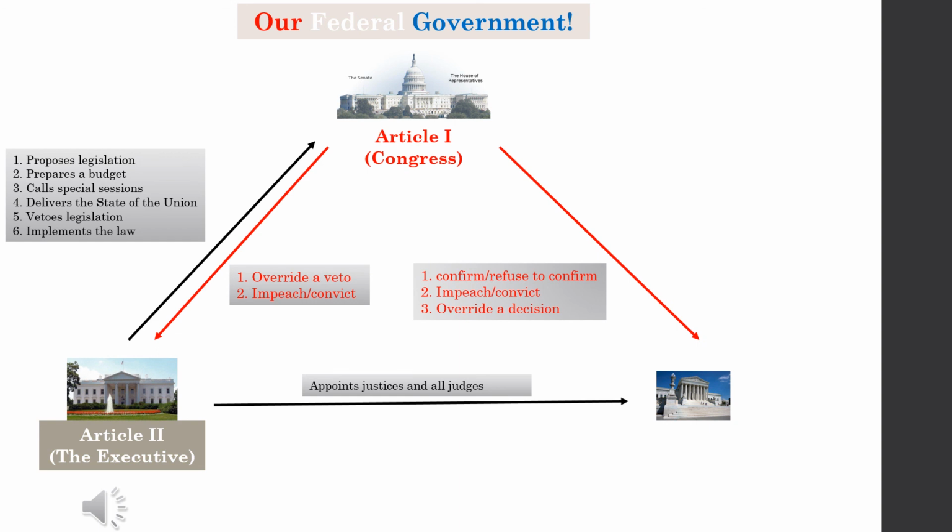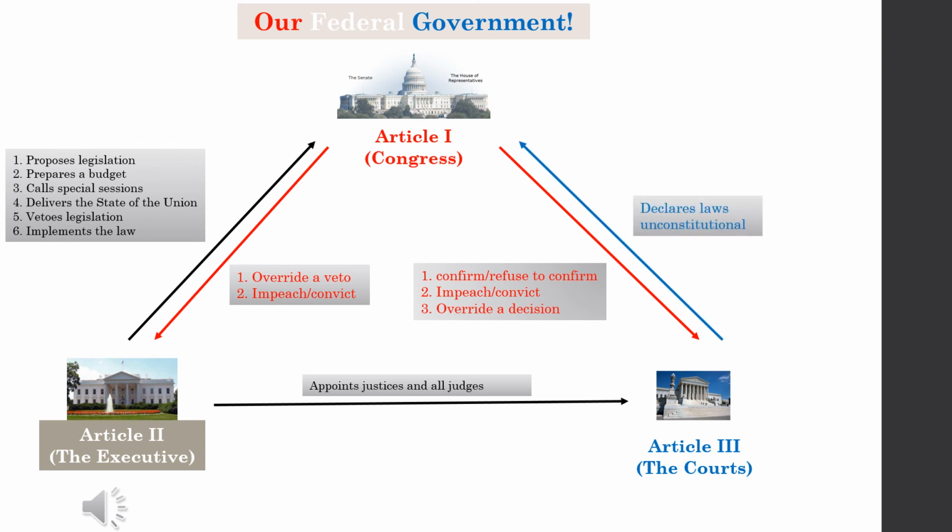Finally, we have the checks from the courts, Article 3. The courts check Congress by declaring laws unconstitutional, and the court checks the president by declaring executive actions unconstitutional. It is a powerful triangle, but the Founding Fathers built it so that it goes against itself in order for us to